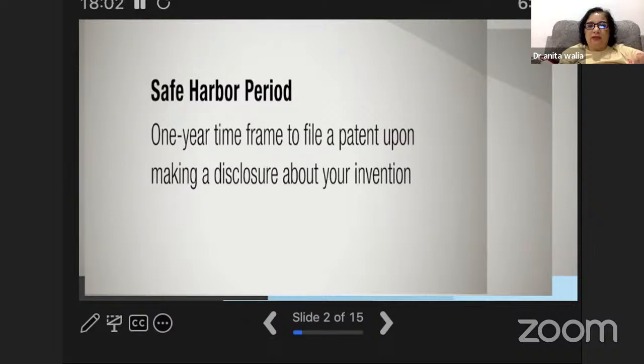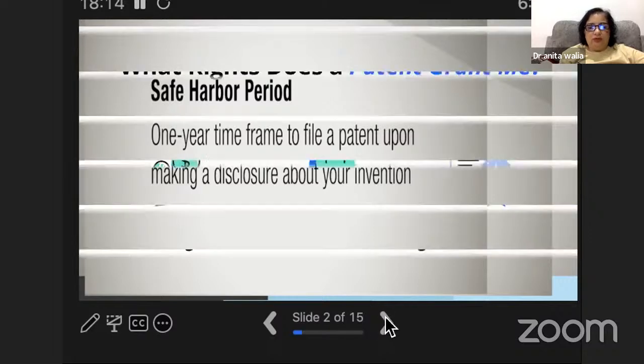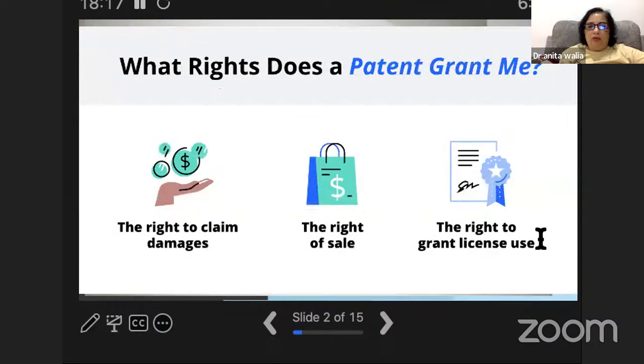To summarize what we have covered till now: patentability requires utility, novelty, and non-obviousness. You cannot get a patent on something you have made public more than 1 year before filing. So that is what I wanted to tell you here. Now, why do you want a patent? Because a patent gives you ownership of your own invention, and it prevents others from cheating and copying your thinking and hard work. Whatever you have invented, at least you should earn some money out of it. Maybe you might have put some funds into it, or you can sell it to a company.